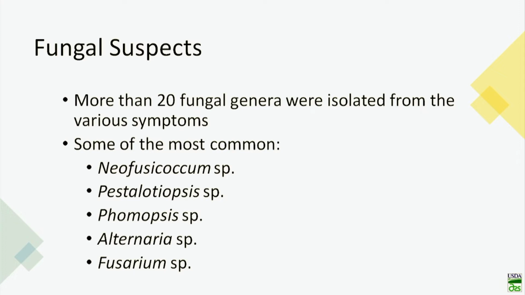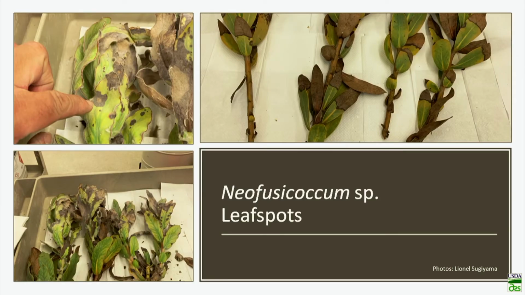on these plants. We have found more than 20 different genera associated with these symptoms that have been isolated, purified, and identified. Now, I'm not going to go over all 20. Some of the most common fungi have been Neopestalotiopsis, Pestalotiopsis, Phomopsis, Alternaria, and Fusarium. Okay, so I thought I would just show some pictures of these major genera just to get a better understanding of the picture of these symptoms caused by these main fungi.